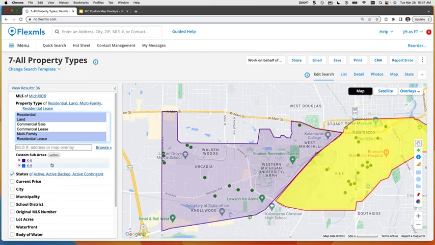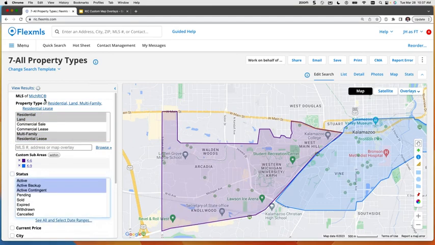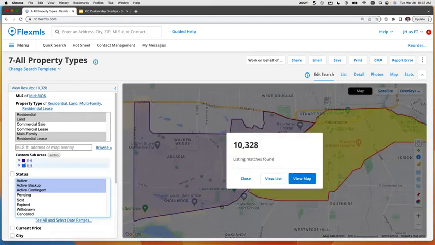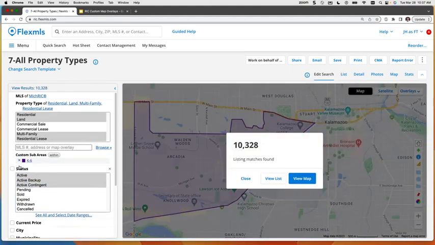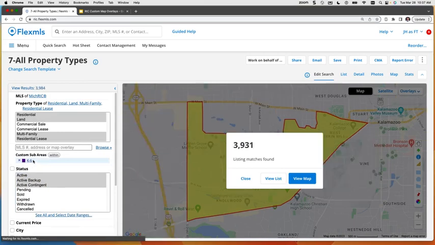When I'm creating this for a hot sheet, I'm not going to worry about the status because my hot sheet filter is going to take care of the time frame and the statuses that we're seeing. So I'm going to take status off, and you'll see this number jump from 36. It'll be a ton here. And I am actually going to just use 1 just to give us a few less in this particular example so it doesn't take too long for it to compile. So